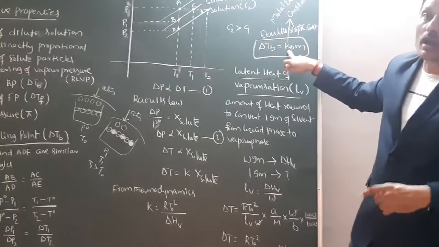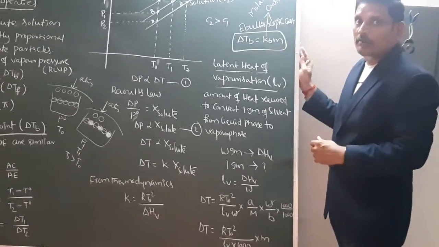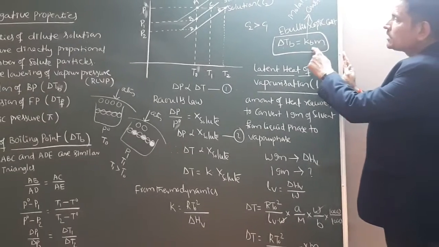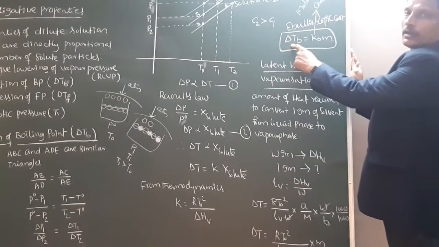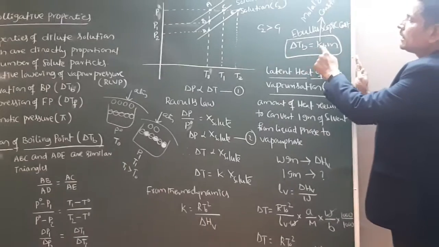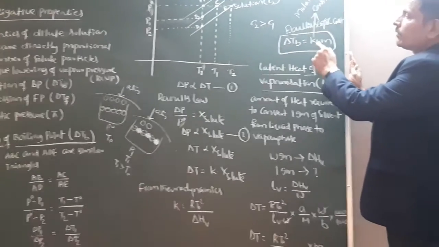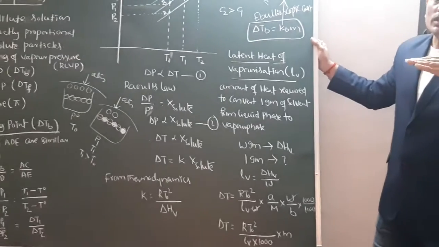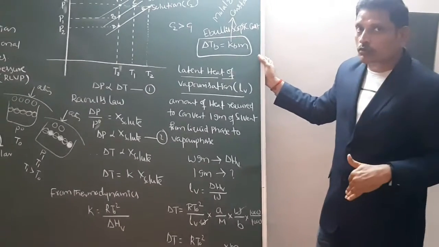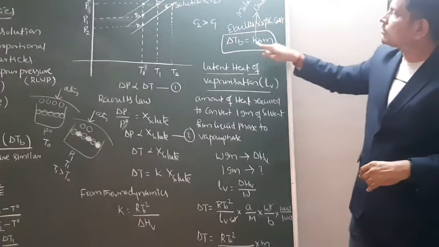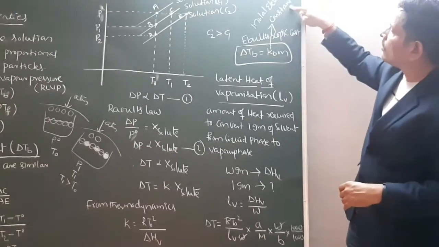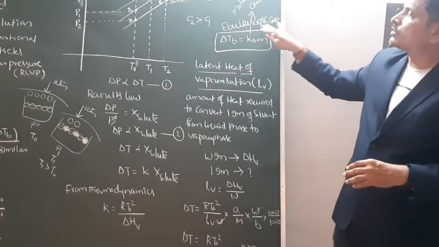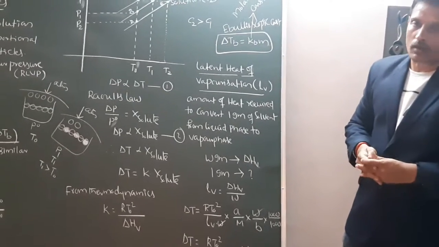Kb is called the molal elevation constant. Why is this called the molal elevation constant? When the molality of the solution becomes equal to 1, then Kb is equal to delta Tb. So Kb is equal to the elevation of boiling point when the molality of the solution is equal to 1. Hence this is called the molal elevation constant, and this corresponds to the high temperature procedure. Hence this is also called the ebullioscopic constant.